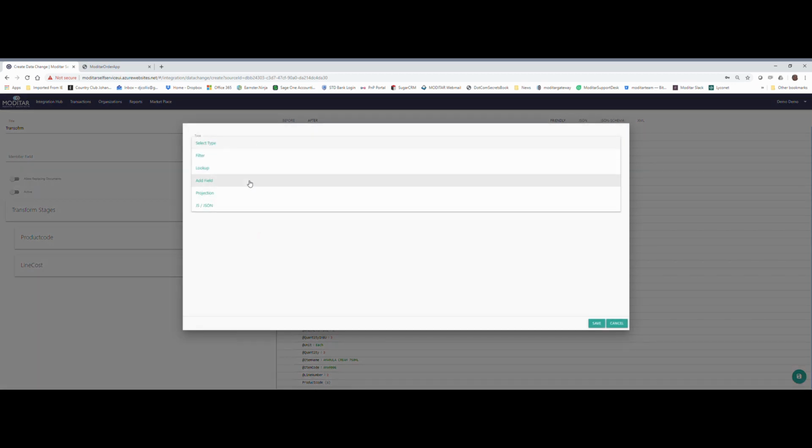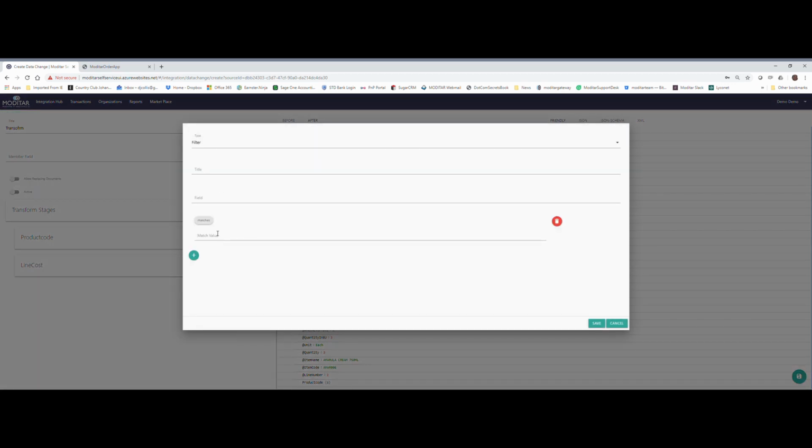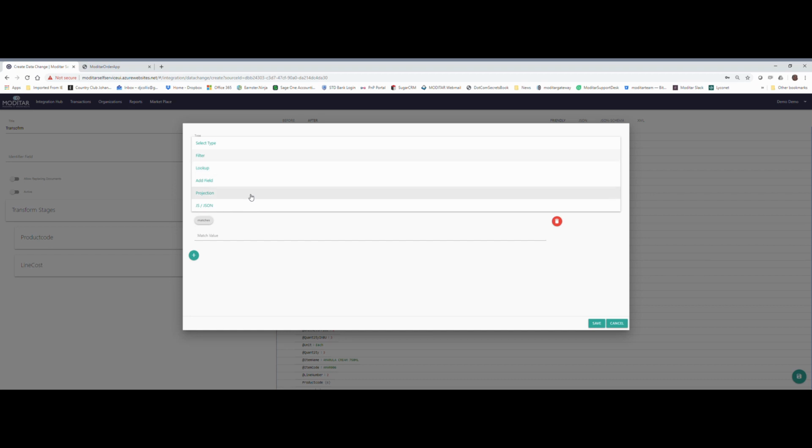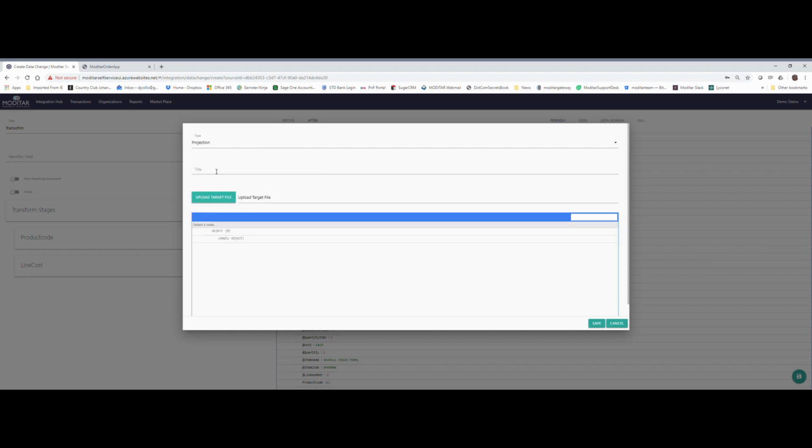Then we can do filters. Essentially this is filtering out any value on any node or field. We mainly use this to direct certain sort of data flows in certain paths. We do a projection at the end, so we do a final projection. Once we have all the fields that we need, we can simply go and choose an output file,